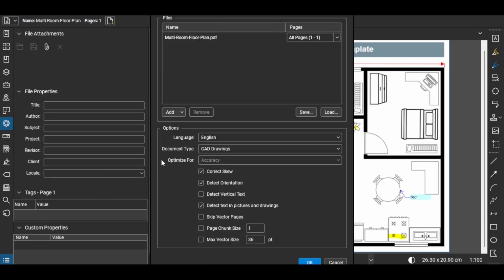First, decide which pages to process. Choose All if you want the entire document handled in one pass. This is ideal for complete sets or when you want consistent results across the whole file. If you only need one page, Current limits the process to the page you're on, and if you know the exact pages to target, Page Range lets you specify them. For very long PDFs, processing a smaller range can save time and help you verify results before you apply OCR